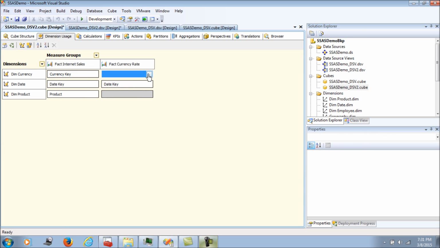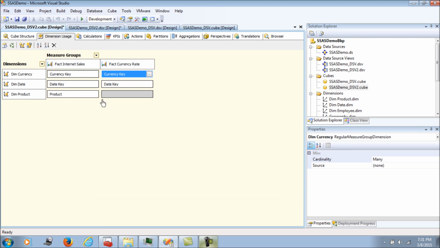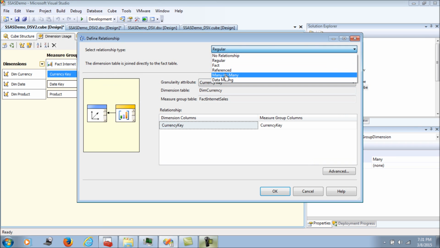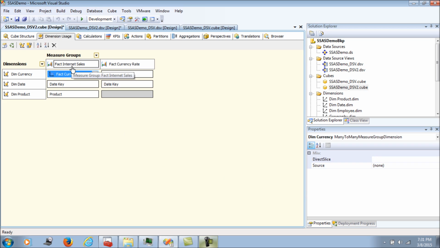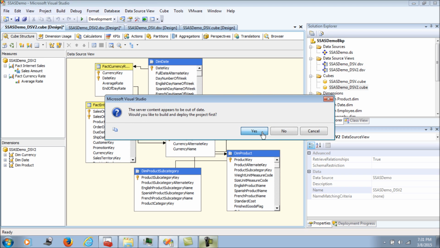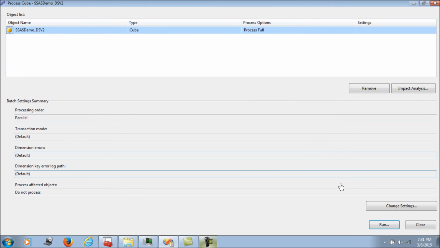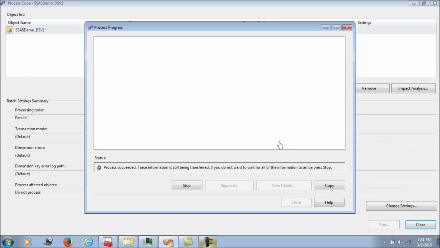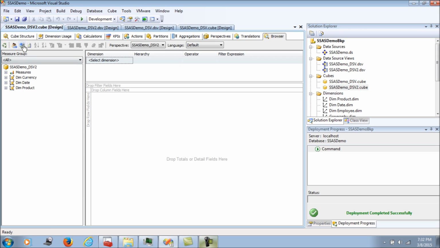And then there has to be a regular relationship on the currency key basis, and we have to edit this as a related one. So that should be a many to many on the currency rate basis. So the measure for fact internet sales will have a many to many relationship or a reference relationship with the fact currency rate. So it will be multiplied by the rate whenever that delivers the calculated value. So that's the change that we have done. And as you can see, we haven't used any reporting currency, or we haven't used any wizard here to calculate our currencies. Now if I go and reconnect,